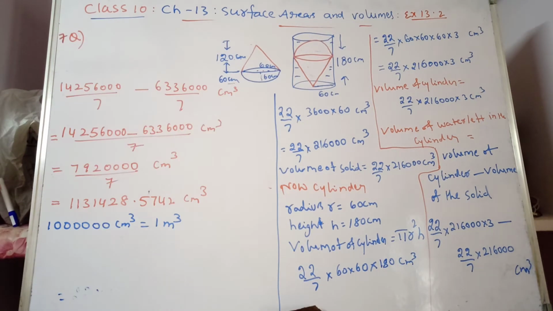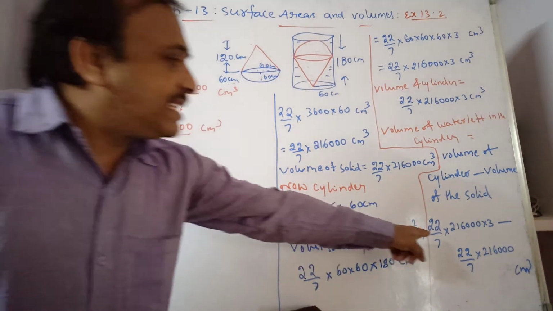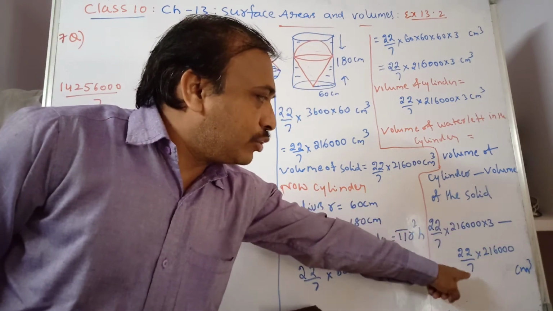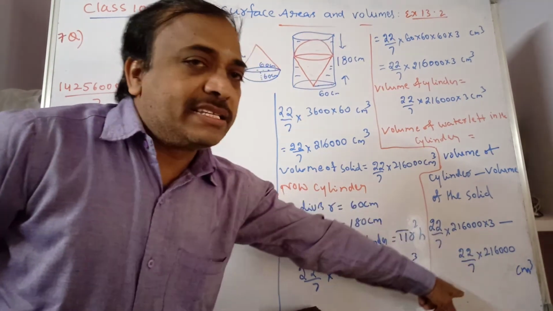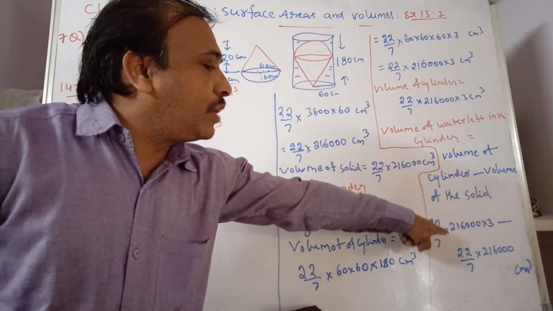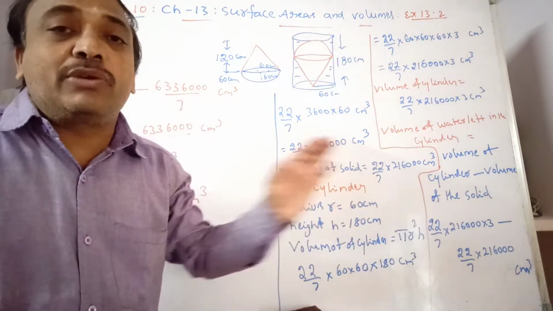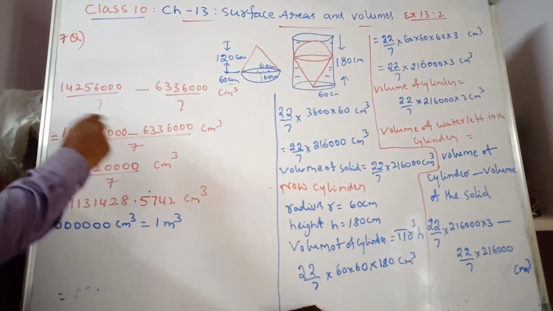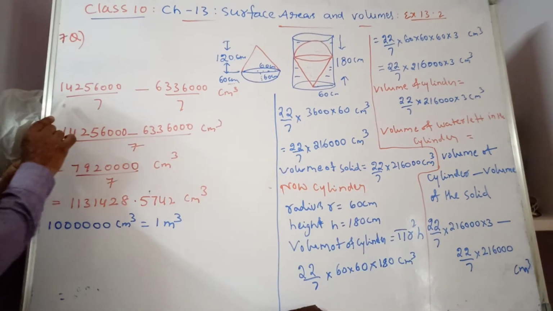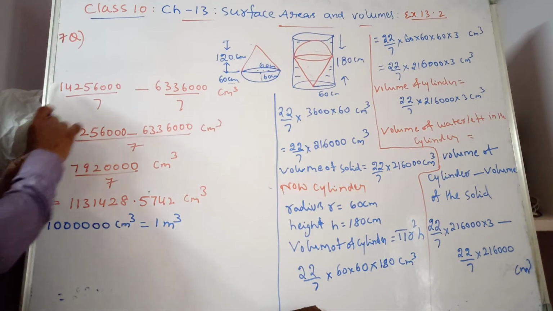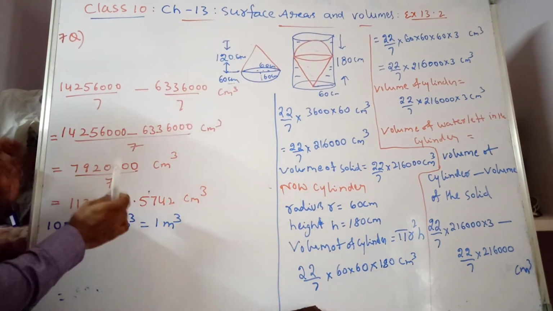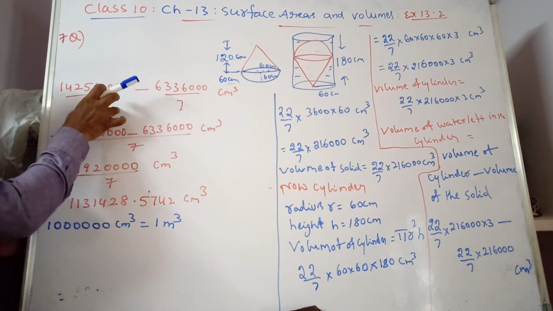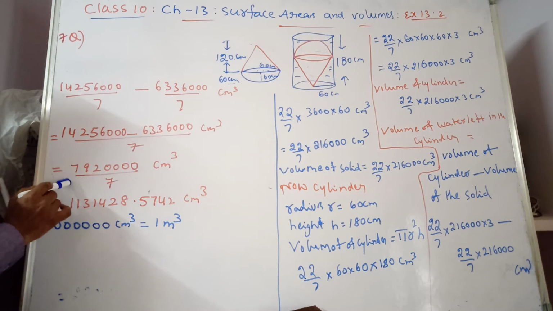Now see the calculation part. Here 22 by 7 into 216,000 into 3 minus 22 by 7 into 216,000 centimeter cube. Volume of the cylinder minus volume of the solid, when we are subtracting to find out the volume of the water left over in the cylindrical part. When you simplify that part, the volume of the cylinder will give you this much, and the volume of the solid is this much. When you subtract, because they are like fractions, the volume of the cylinder minus the volume of the solid will give you here